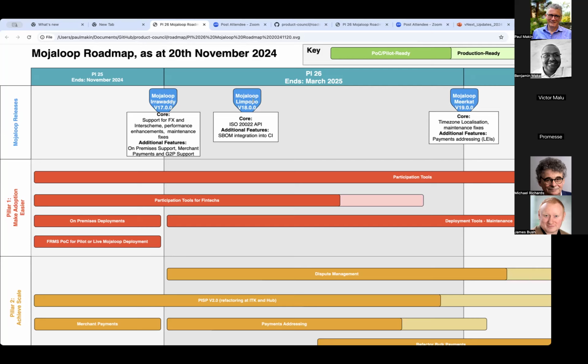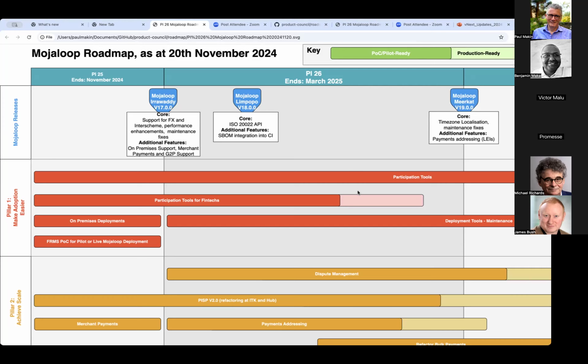So we might push the version 18 release back a bit because the version 17 release is going to be a very big one, supporting FX and inter-scheme work streams, range of performance enhancements, maintenance fixes, also including on-premises support, merchant payments, and G2P support. It's a big release. There's a lot in there.